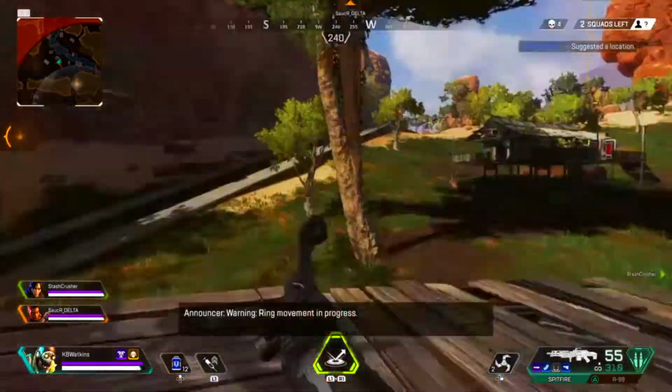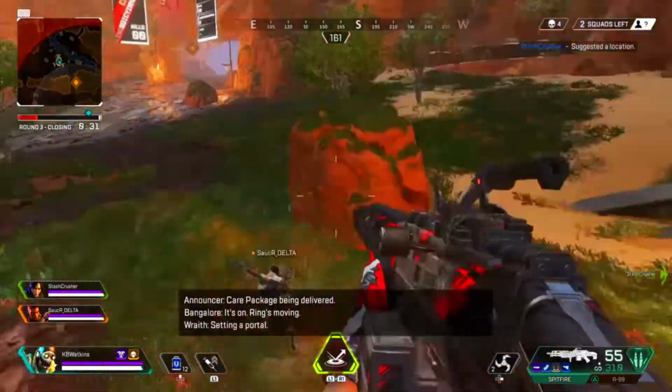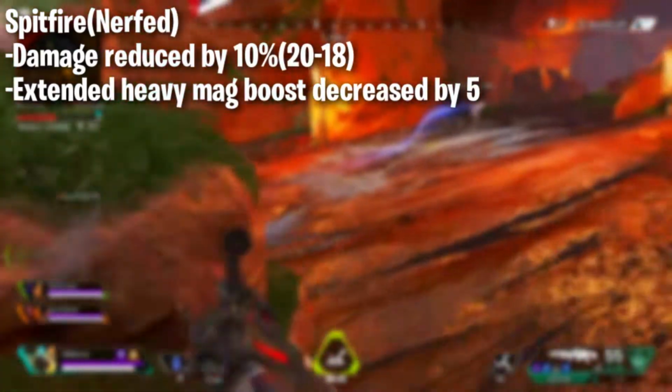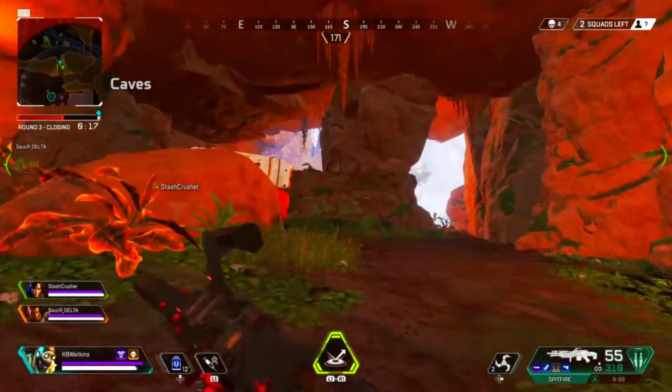Like I mentioned before, a lot of the pros complain about people being able to hip fire with this gun with no worries, as if you had the Deadeye perk from Red Dead Redemption 2. This Spitfire was also a victim of this patch and got nerfed with the overall damage of the gun being reduced by 10%, causing every bullet from now on to hit for 18 points of damage